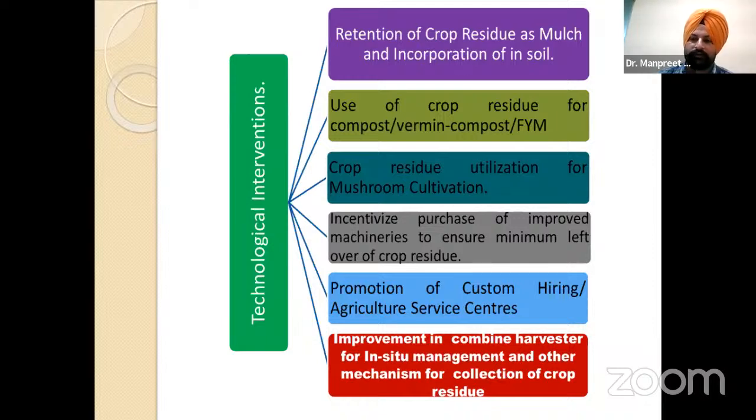भी व्हीट स्ट्रॉ या पैडी स्ट्रॉ, उसको सीधा मशरूम कल्टीवेशन में भी यूज किया जा सकता है। और अगर अब मैं बोलूँ कि उससे मैं कंपोस्ट तैयार कर लूँ, तो उसी कंपोस्ट को भी फॉर मशरूम रियरिंग यूज किया जा सकता है। उसके बाद इंसेंटिव परचेज ऑफ इम्प्रूव्ड मशीनरीज टू इंश्योर मिनिमम लेफ्ट ओवर।